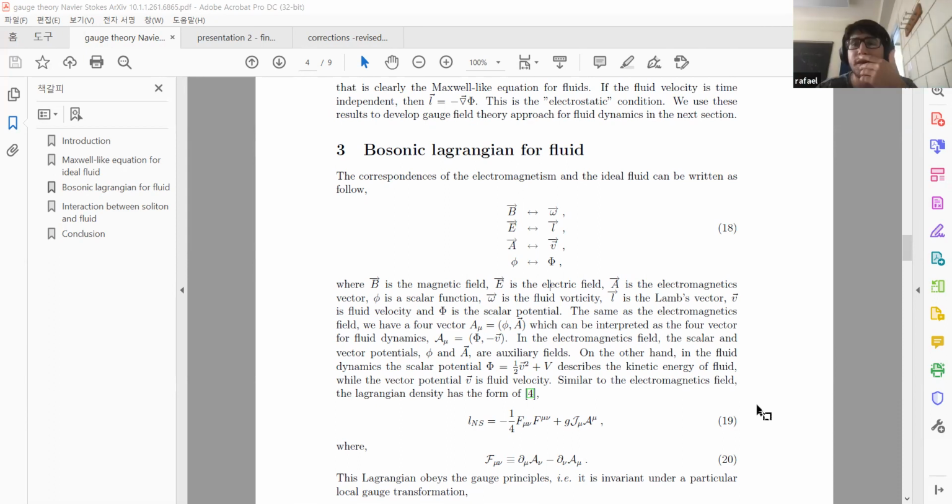And what's the theorem that says that you'll always have a solution? I didn't quite understand the reasoning behind that. That seems like a very powerful statement, that if you just construct this object, you're always guaranteed a solution. Can you unpack that? The interacting fields themselves are solutions of the gauge theories.